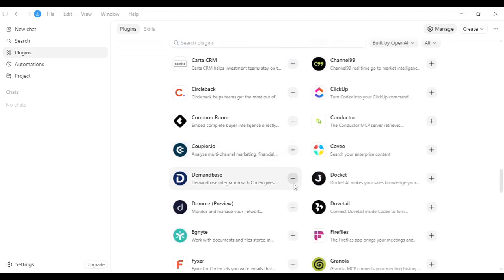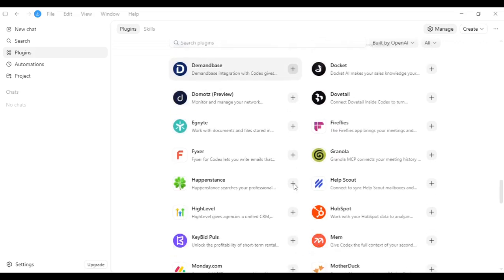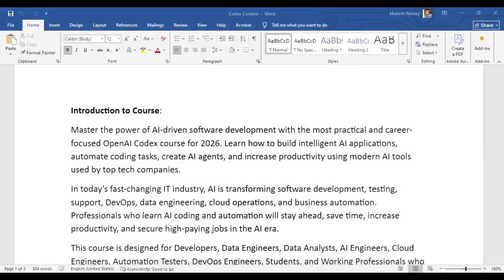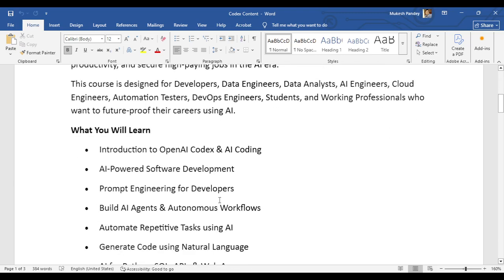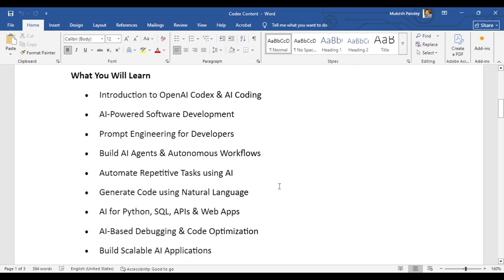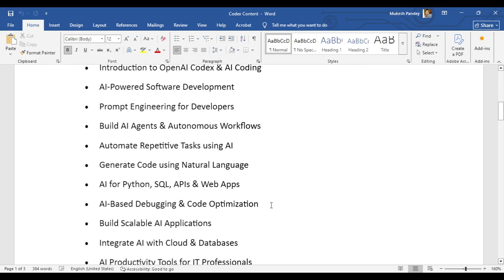This course is very helpful to you in your day-to-day activity. So let's go into more detail about this course: why it is required and what you will learn. You will learn an introduction to OpenAI Codex, prompt engineering, building AI agents, automating repetitive tasks using AI, and generating code.